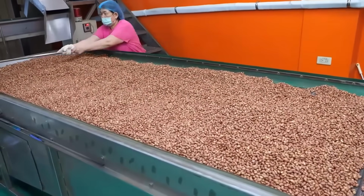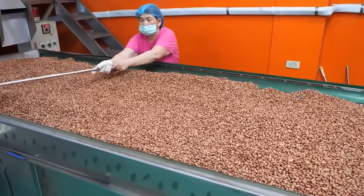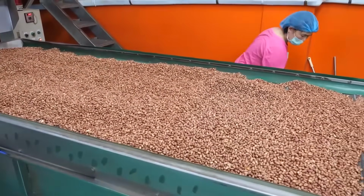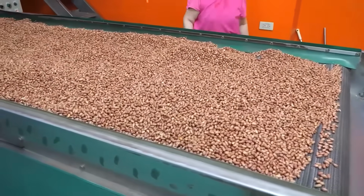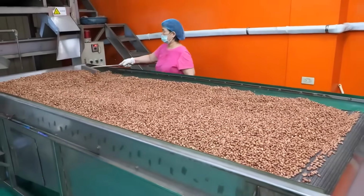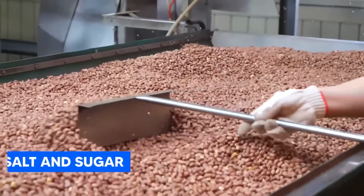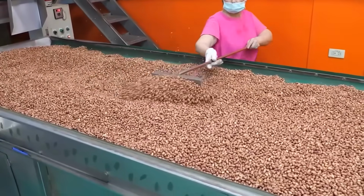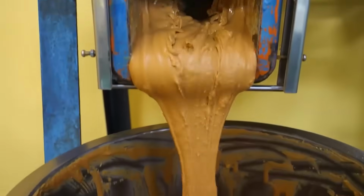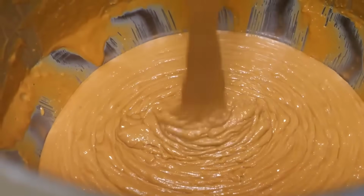To prevent the peanut butter from separating, stabilizers such as hydrogenated vegetable oils or palm oil are added during the grinding process. These oils help bind the natural peanut oils to the solid peanut particles, ensuring a smooth and stable product that doesn't separate in the jar. Salt and sugar are also added at this stage to enhance the flavor of the peanut butter. Factories use precision dosing systems to measure and add these ingredients in exact proportions, ensuring every batch has the same